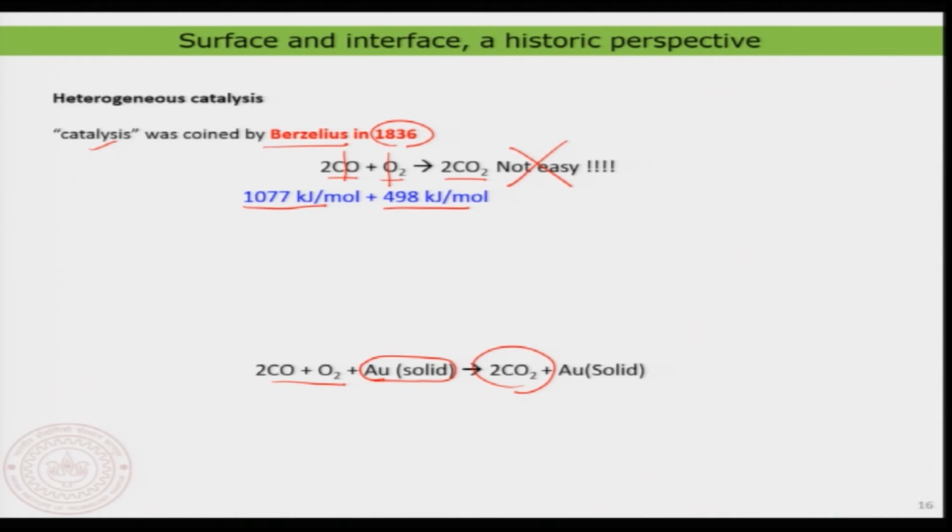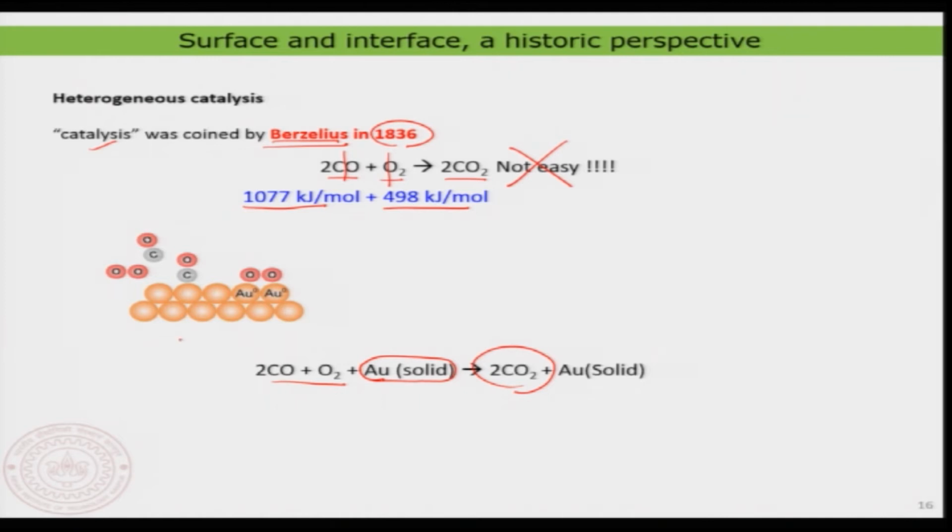Well, gold, as you might know, is an inert material, known as a noble metal, which is supposed not to do anything if you add it to the chemical reaction. But surprisingly, what you find is that even gold is doing something to the chemistry. What is really happening? Right now what I am going to show you is a very molecular or atomic level picture. This picture was not present during the time of Berzelius, please believe me, because at that time there was no technique to understand the chemistry at this molecular level.